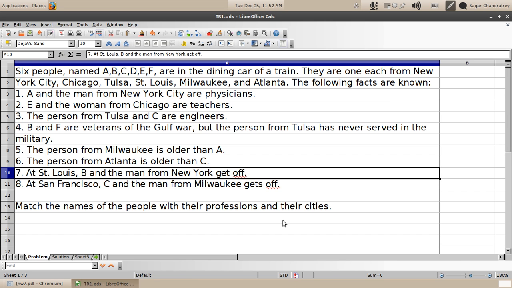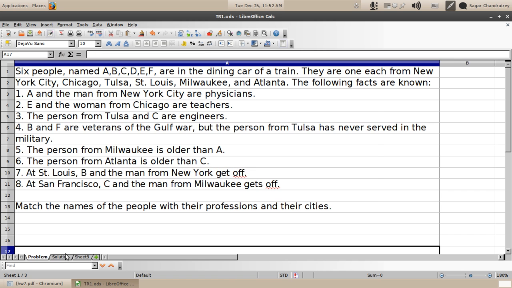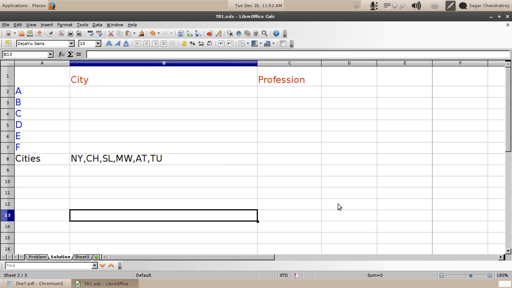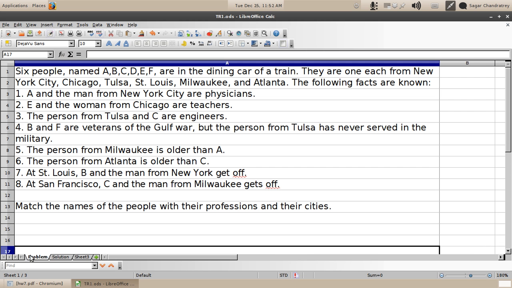Now a list of statements is given, and we have to analyze each of these statements separately and then put that data into a matrix which is shown in this figure here, in this sheet here. Currently this sheet, as you can see, is empty, and the data for this matrix would come from the problem statements which you could see in this problem here. So one by one we will go through each of the statements and try to fill in this matrix. And once we have filled in the matrix, we have to answer the questions which are mentioned at the end. So let us first try to fill in the matrix.